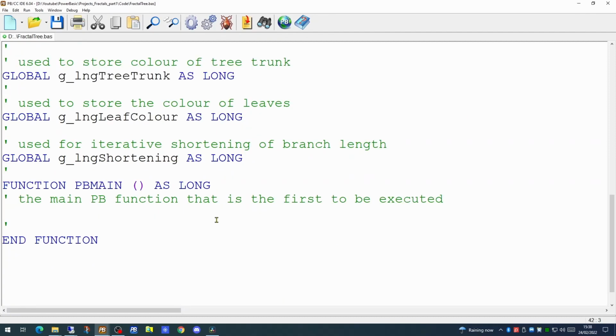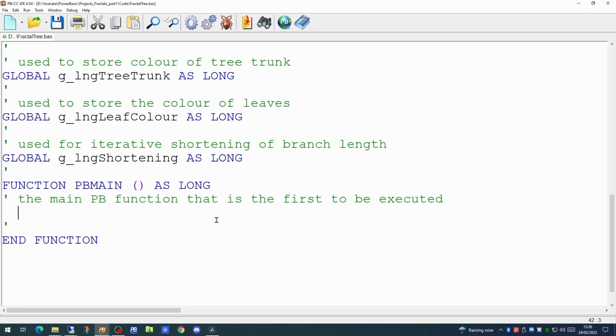Our first task is to create our graphics window. And if we're wanting to put any text on the graphics window, we'll need a font set up as well. So I'm going to create three local variables. One for the handle of the graphics window, one for the handle of a font if we decide to use it, and a third variable to trap a keyboard input.